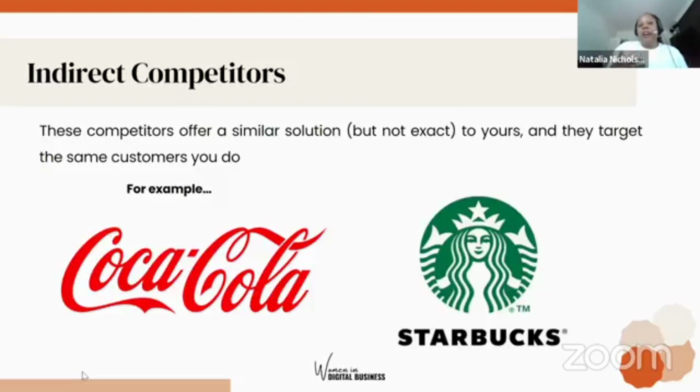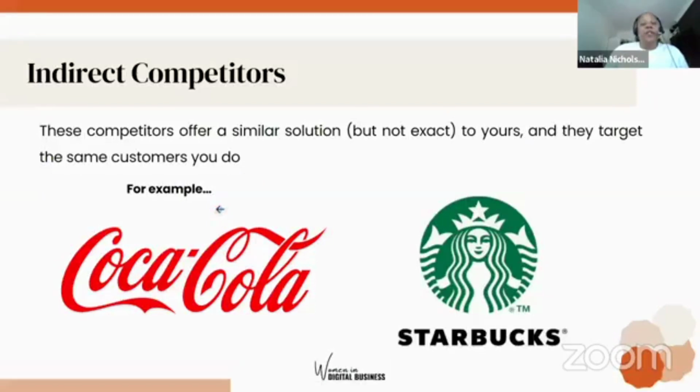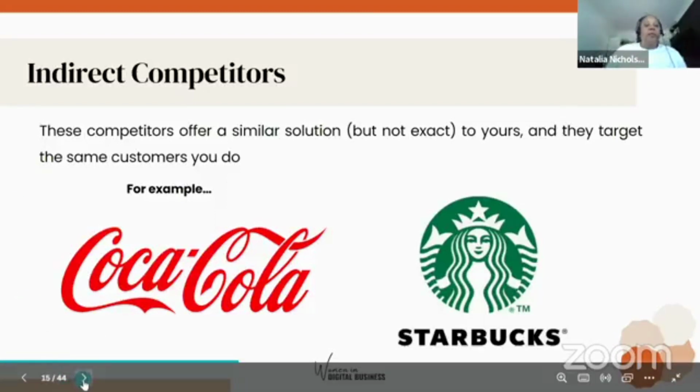If your business is going to look to diversify and scale and grow, it's key to really understand who your competitors are, because you'll get more of an idea of the different types of customers you have. Like we said, your target audience is broken down into different segments. So by looking at the indirect competition, you're looking more in a broad sense, if you see where I'm coming from, of understanding who your audience is. So for an example, you've got Coca-Cola and you've got Starbucks.